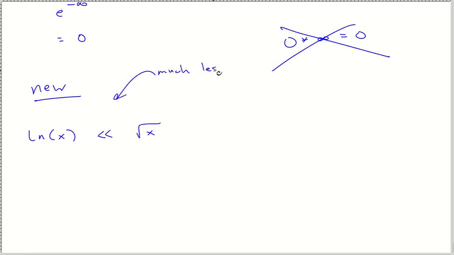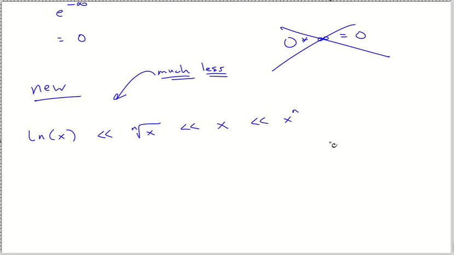Much less. Not just less. It's much less. Okay? That's what it means. It's not just a single. It's a double. It's a whole lot less. So ln of x is much less than the roots. I'm going to put a little n up here if that's okay, to give it a little bit more oomph. Is much less than my linear term, my linear singular term, I guess like a 1 power, is much less